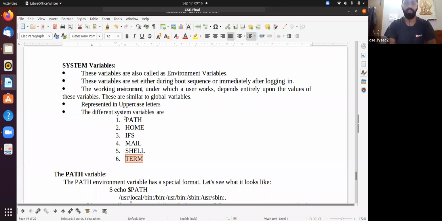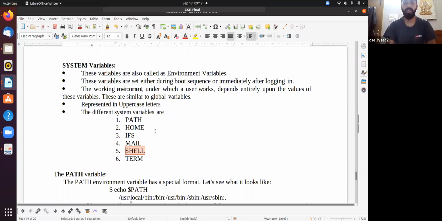PATH is nothing but the default path assigned when the system is booted. HOME means the home directory for the user. IFS, okay, you leave it; we will discuss it in 2 minutes. MAIL is for sending messages to another mail.